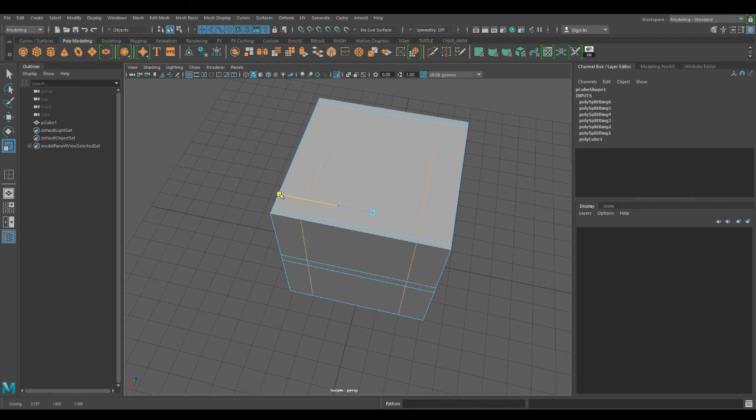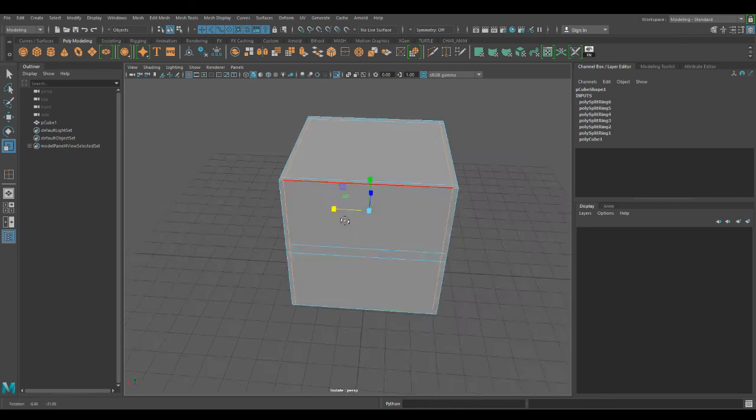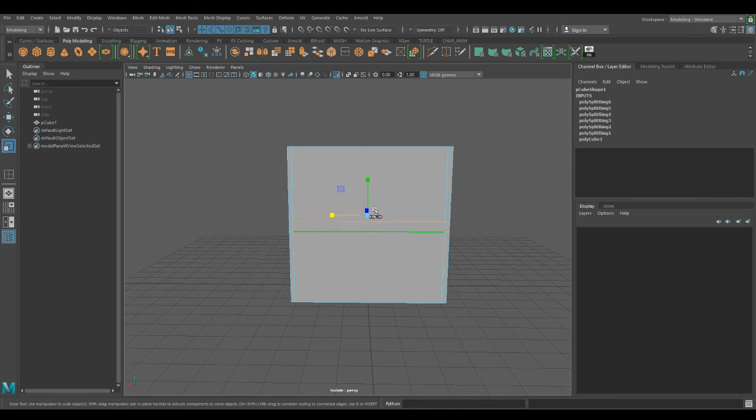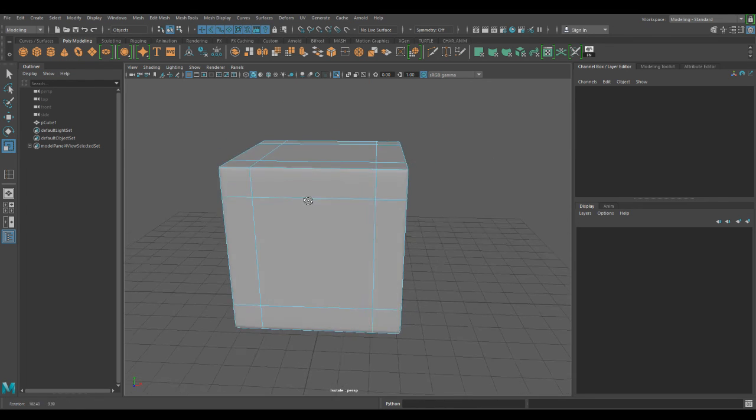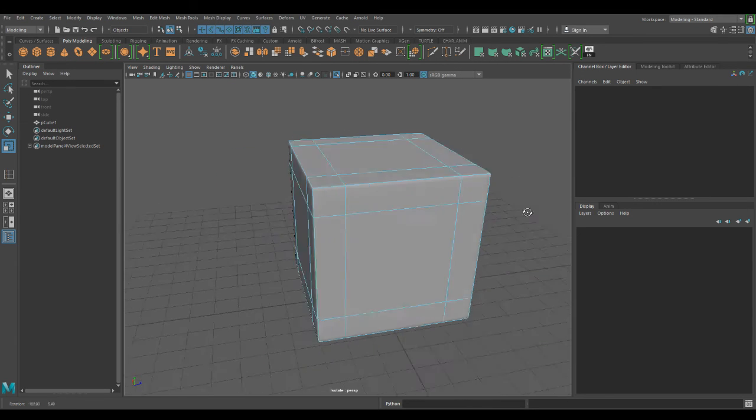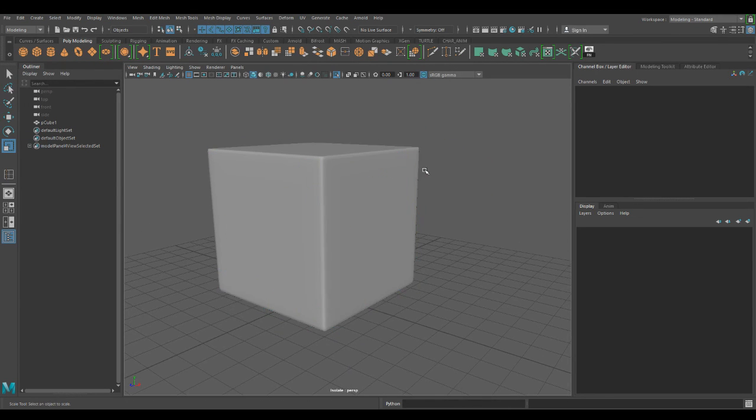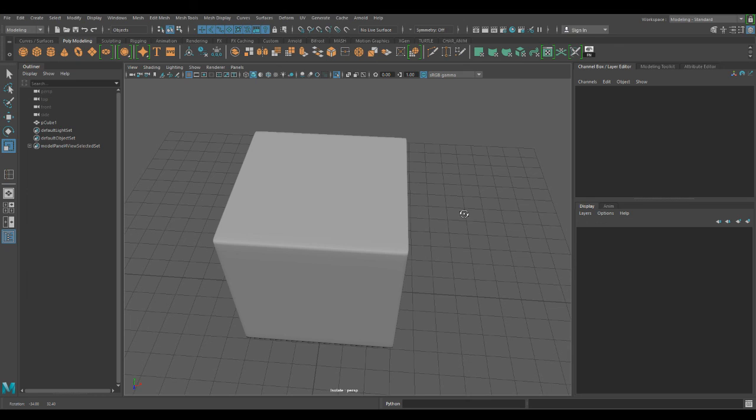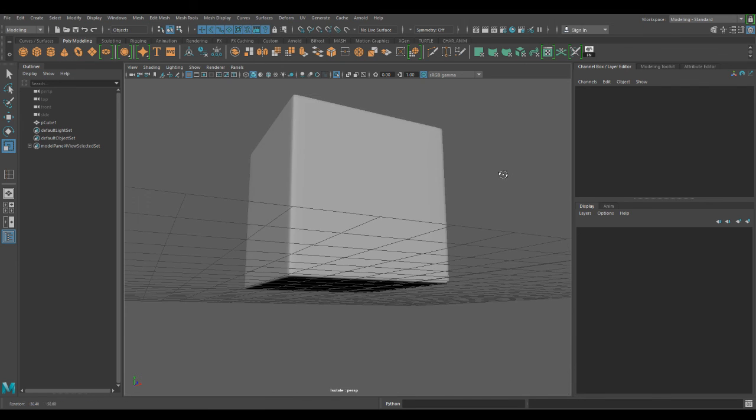Just make it near. See? Now if I press 3, it's sharpened and it's neat. So I hope you guys understand how to use the Insert Edge Loop. Okay,